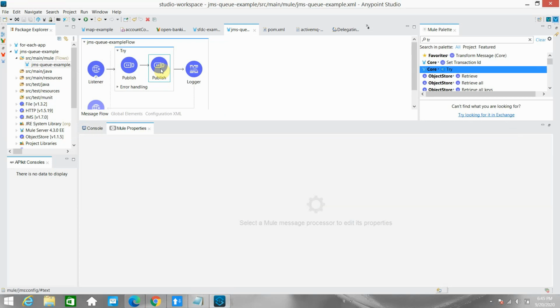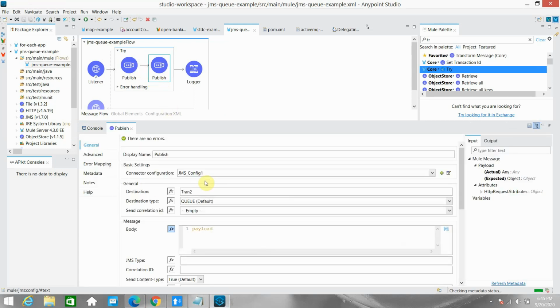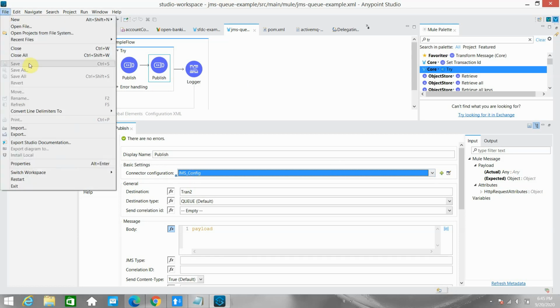Now what I will do here, I can use the correct JMS config. I am changing the connector configuration to the JMS config. Let's see, save everything.